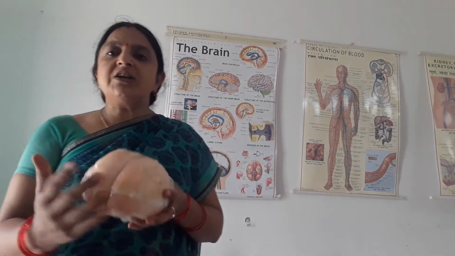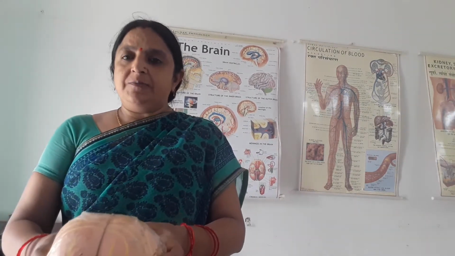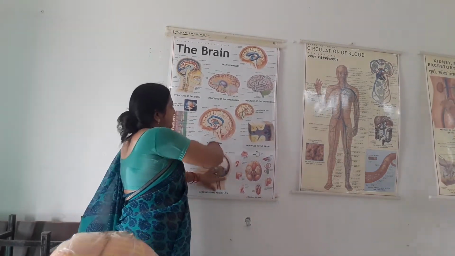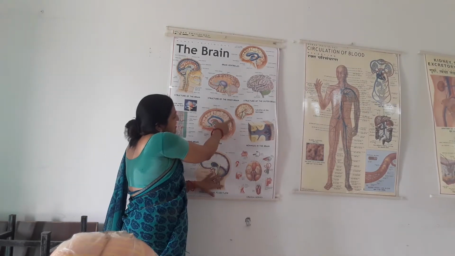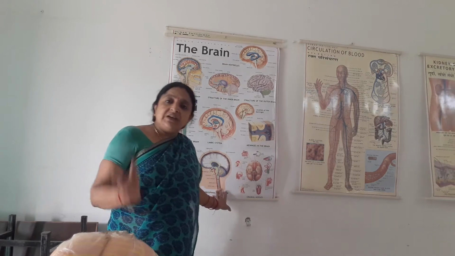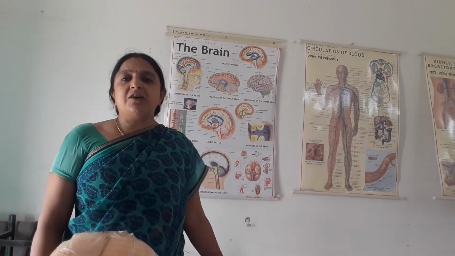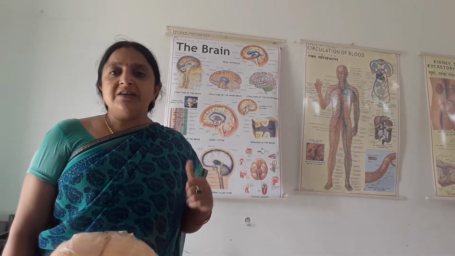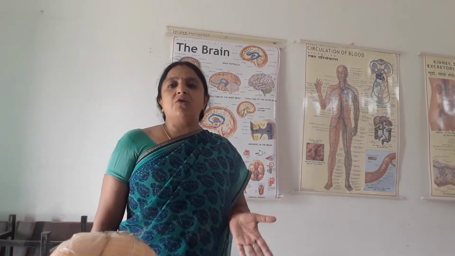Before explaining the hemispheres, I will explain the outer structure of the brain. It is covered by three layers. This is the covering of the brain, and these three layers are called meninges. The outermost layer is called dura mater, the middle one is called arachnoid, and the innermost layer is called